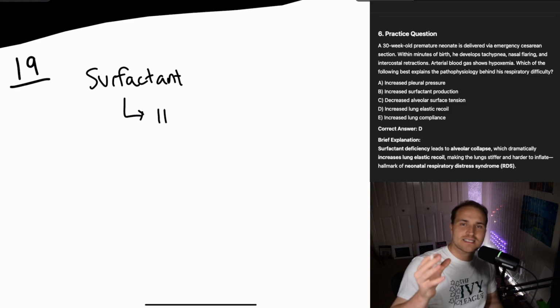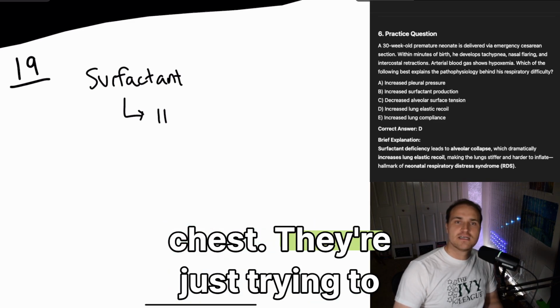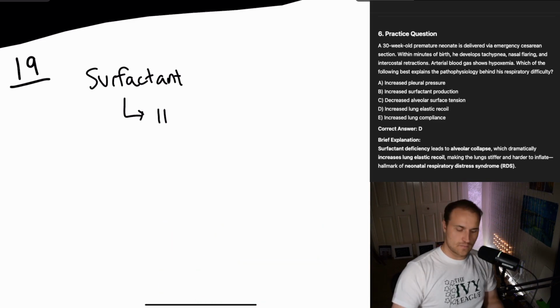So it basically snaps shut after every single exhale. And that's why the babies are going to be grunting and flaring their nostrils and retracting their chest. They're just trying to reinflate, but they can't. Now, there's a key distinction I want to make here, because I know some of you are going to be